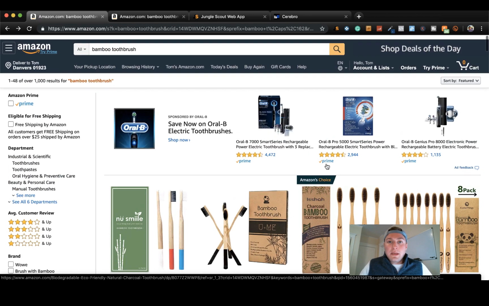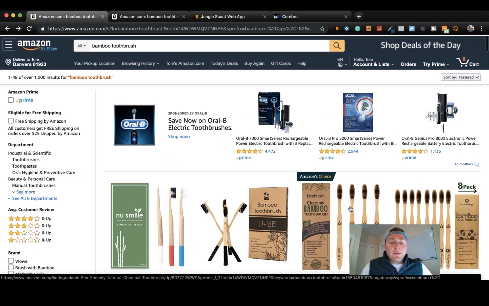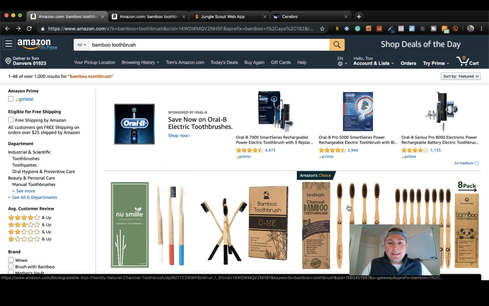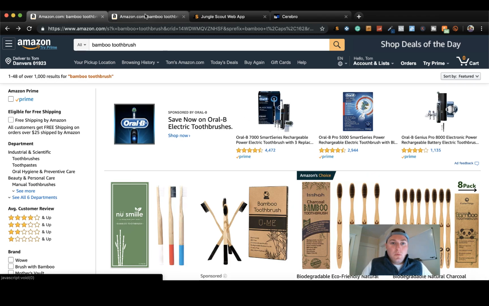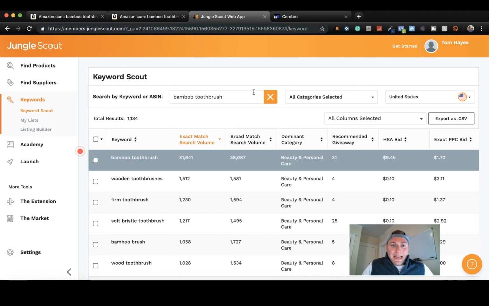So we're going to use a bamboo toothbrush again. And basically what we're going to do is, I don't have a listing pulled up, but we're going to pretend that I'm entering this space. So what I did is we pulled this up again and I ran Jungle Scout on it. So this is the easiest way that I found to actually do this. And when we're going through here, okay, we can see monthly sales, we can see our top competitors, and the Jungle Scout web app will allow you to actually run this and